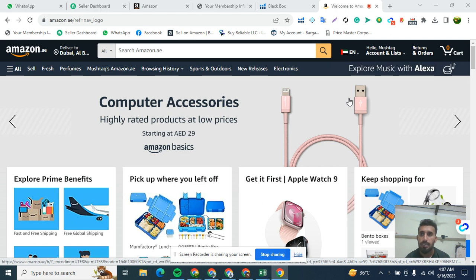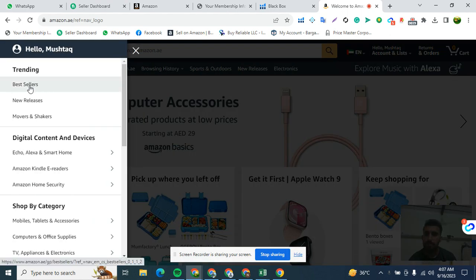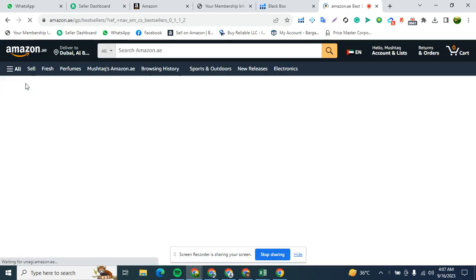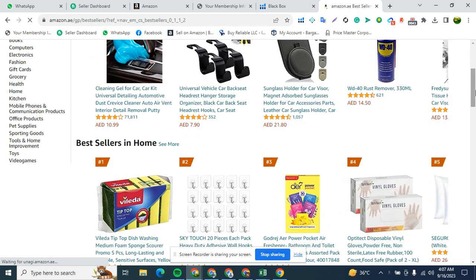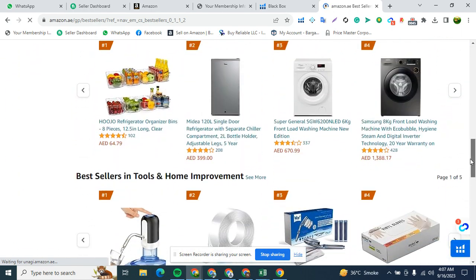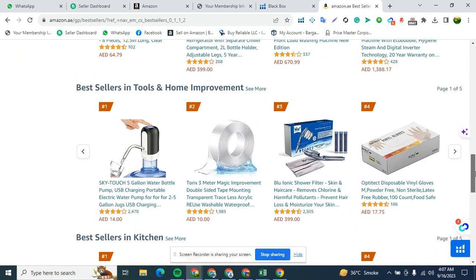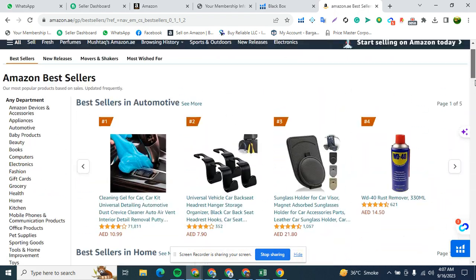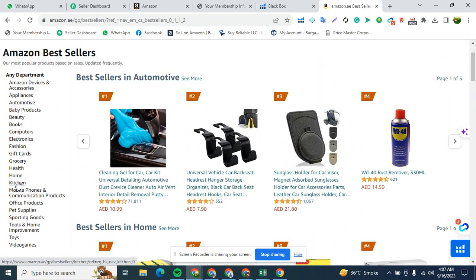Okay, first of all, type Amazon AE marketplace, then click on All, then click on Bestsellers. When you click on Bestsellers, you can see all the best selling products in the Amazon AE marketplace. Then you will click on the category which you want. There is no specific criteria for the category I decided, so you can choose which category you want to launch your private